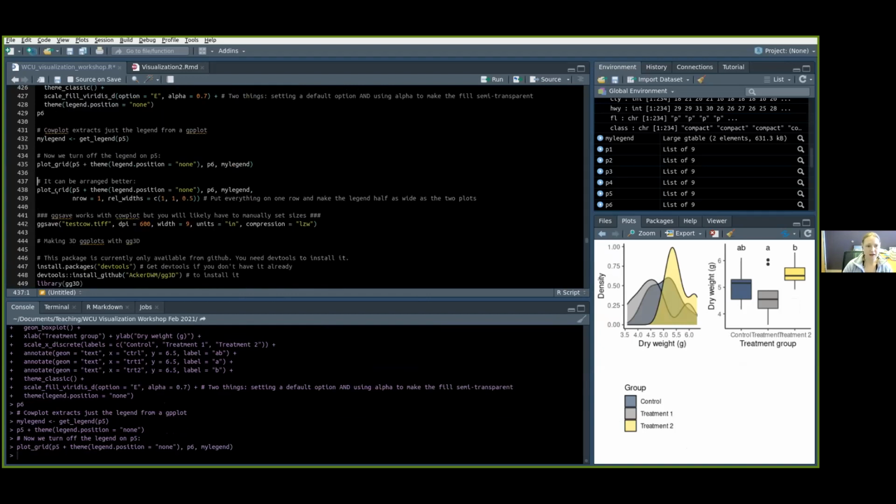Well, we can arrange that using some more options in plot grid. So we're going to use the same thing, right? Plot 5 plus no legend, comma plot 6, comma my legend. But now we're telling it I want it all on one row. And this relative widths tells CowPlot how you want it scaled, right? So I want my density plot and my box plot to be the same width as each other, so that they are given equal visual weight, but I want to make the legend narrower. The legend I want to be half the width of the other two plots. Okay, so if you run that,